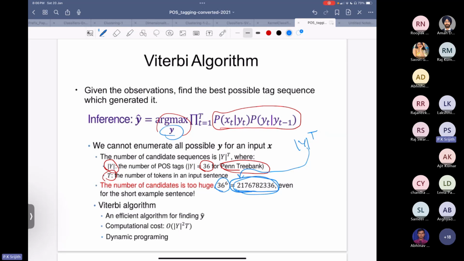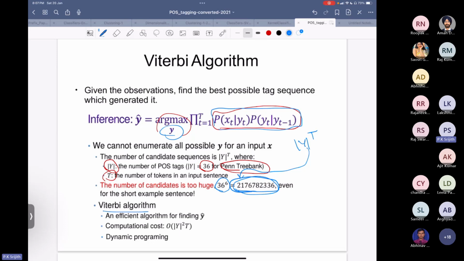So how can we improve this? We can improve this by making use of the structure of the probability model that is given by the hidden Markov model. Well, there's an algorithm which has been proposed to perform inference efficiently for a hidden Markov model, which is known